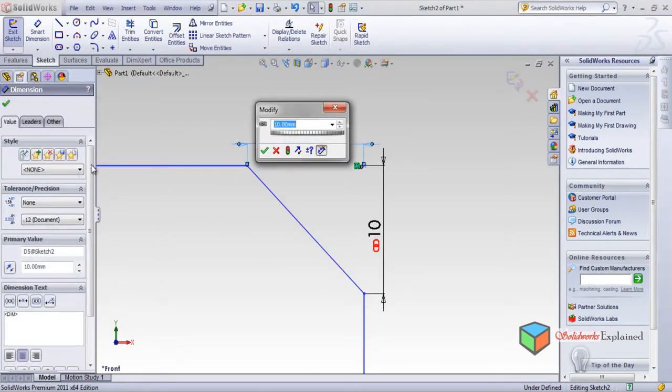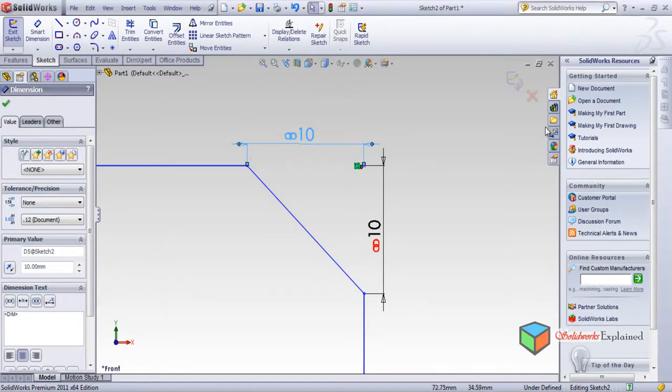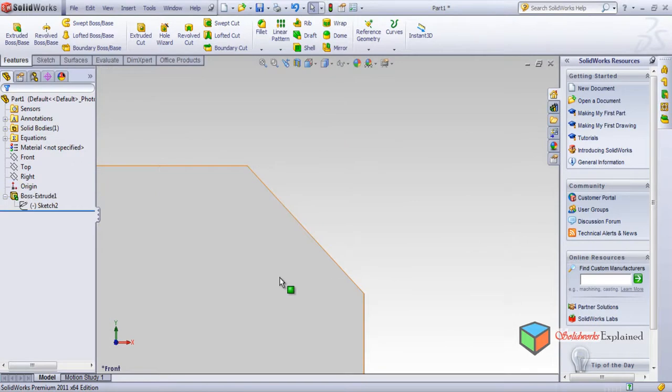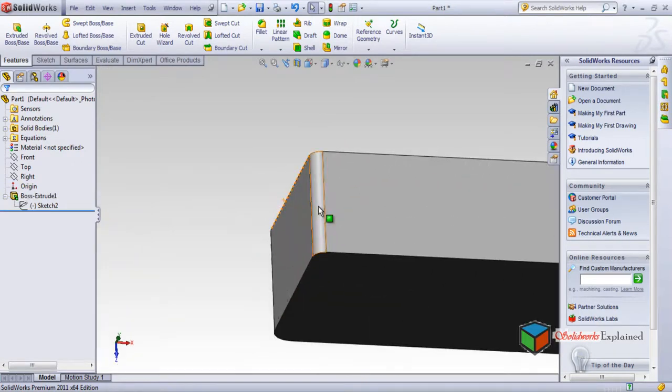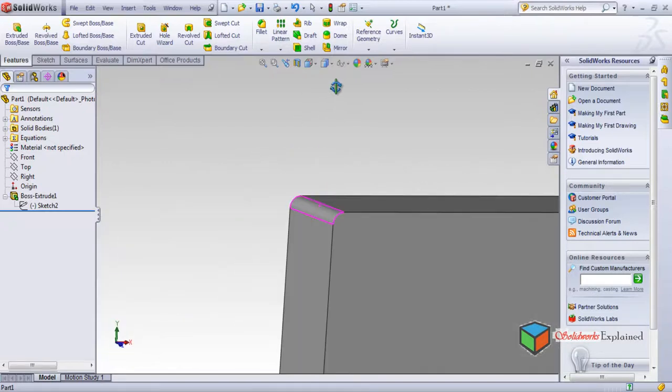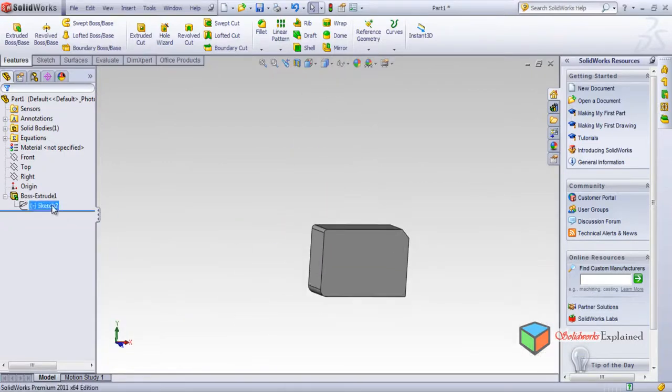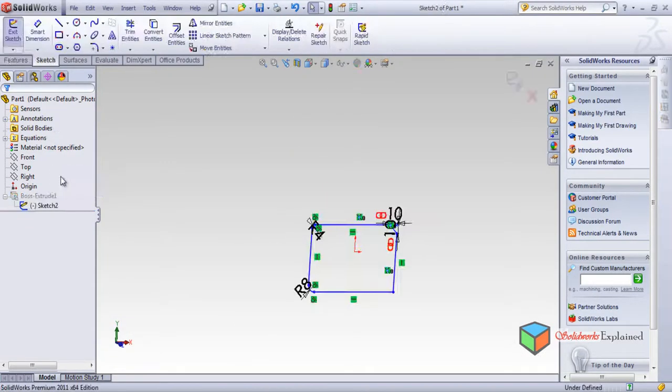Again I'm double clicking this thing, but I don't think it will change. Make it back. Look, now when my part is made, it contains. Again I will go to sketch, make it normal,